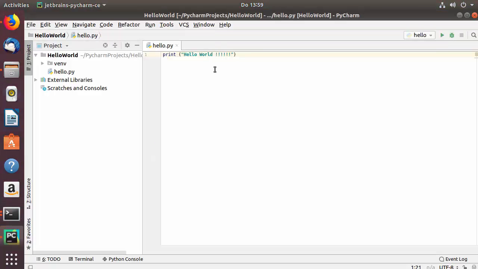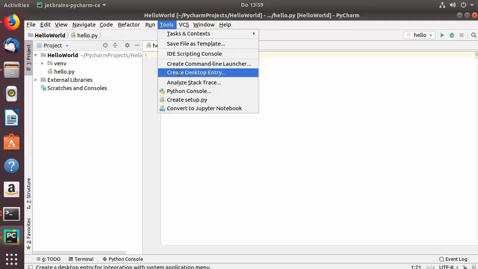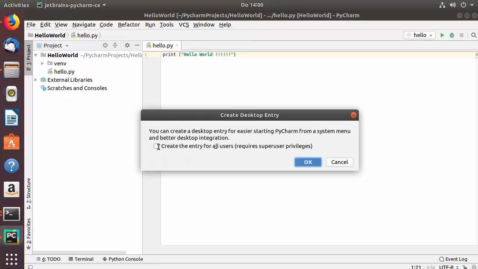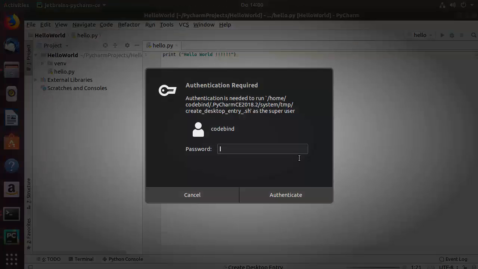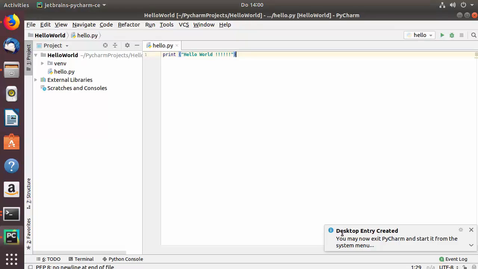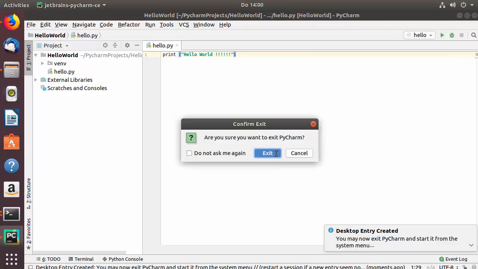So once PyCharm is restarted, what you need to do is select this option which says tool, and then select this option which says create desktop entry, and now just check this checkbox which says create the entry for all users, and then click OK, which is going to ask for your Ubuntu's password. So I'm going to give my Ubuntu's password and then authenticate. And once you see this message which says desktop entry is created, you can once again close your PyCharm IDE,